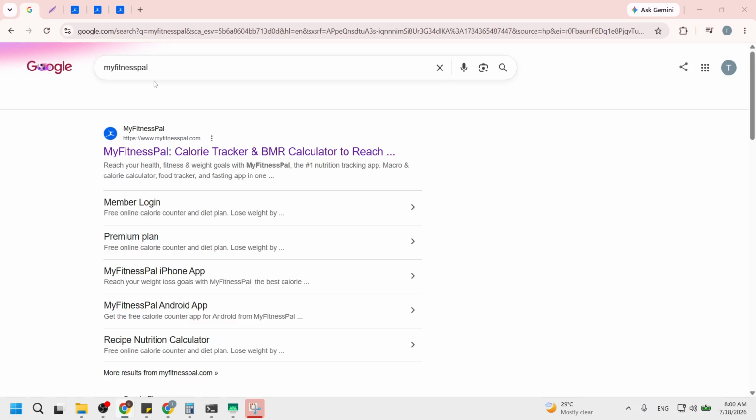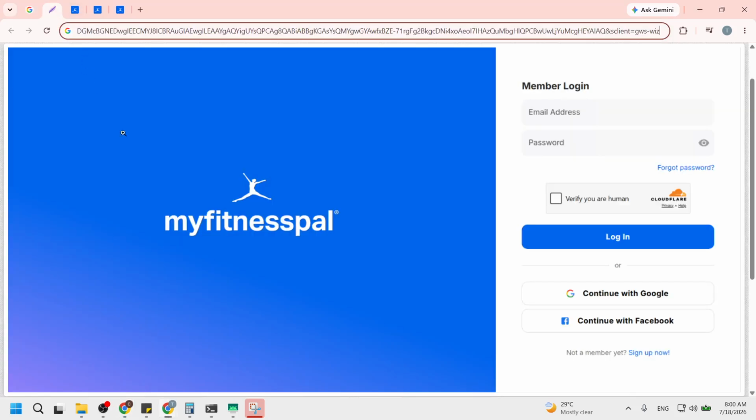Next, you will need to log in to your MyFitnessPal account. If you already have credentials saved in your browser, you might be taken directly to your dashboard. Otherwise, enter your username and password in the provided fields. After filling in your details, click the Login button. This step is significant because it gives you access to your personal data. You will see your dashboard once logged in, a central hub for your fitness journey.